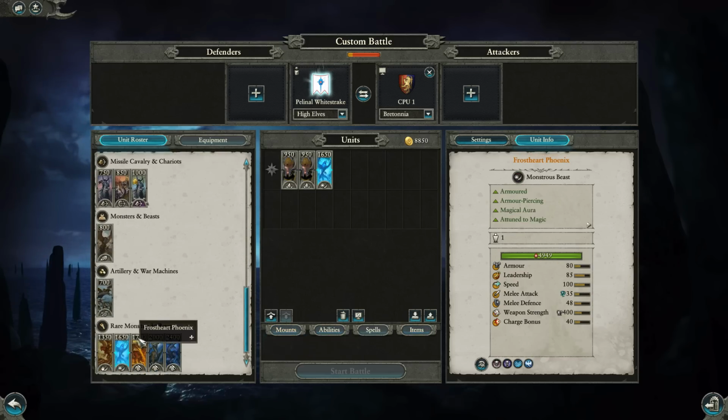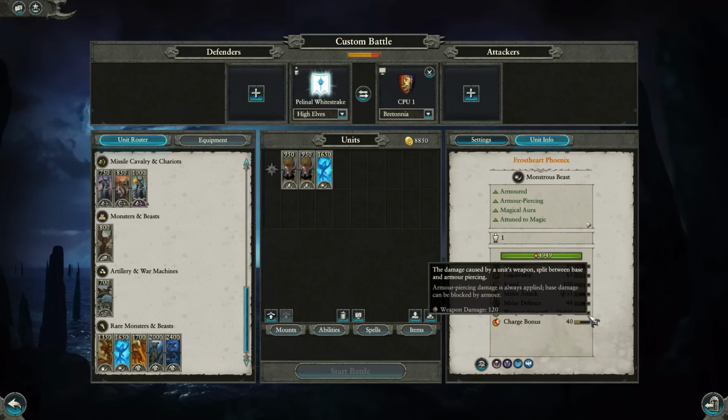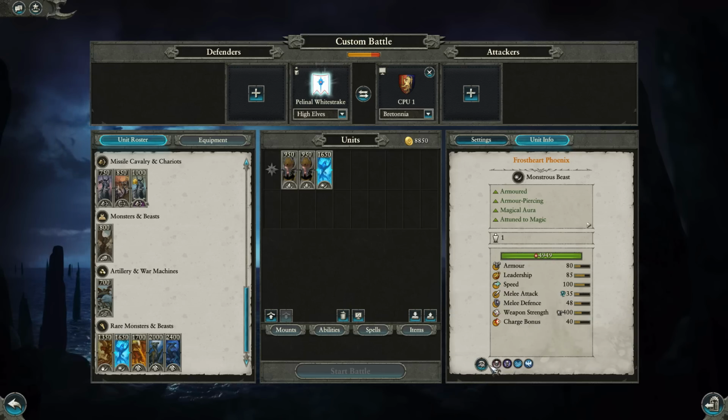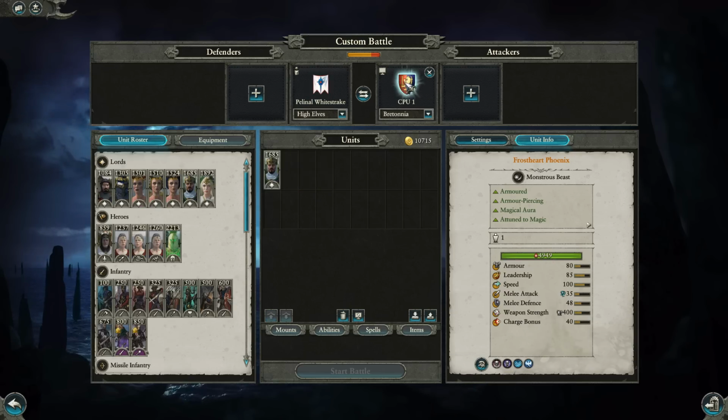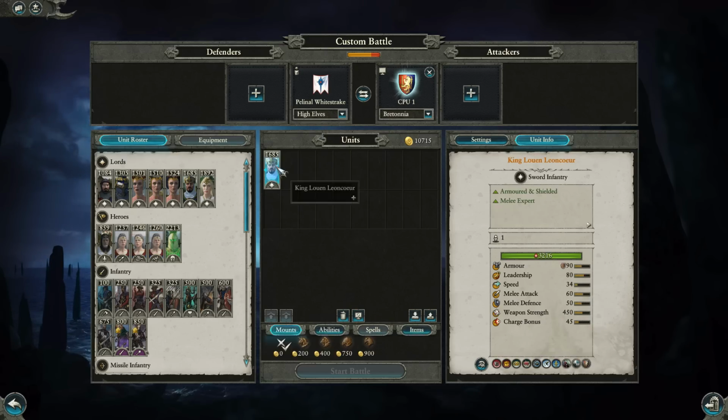Maybe you grab a Frostheart Phoenix, actually, because this is reasonably heavily armored. It does have good AP values. Causes fear and terror, and likewise, I've said this before, but Bretonnia also isn't amazing at dealing with single entity, large single entities that are well armored. Granted, the strategy I just showed you, that Sword of Corone, massive alpha strike, is one way of dealing with